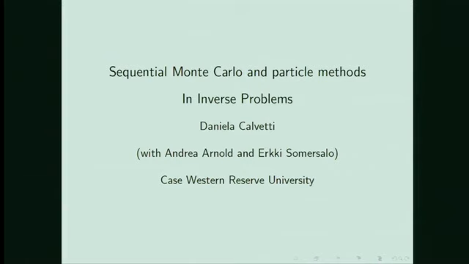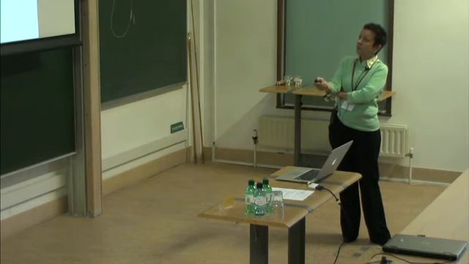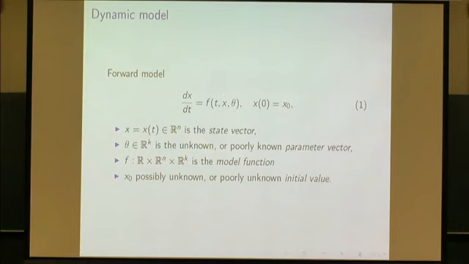So in order to frame this properly, we have this dynamic model here. So we have the forward model. The x dt is a function of t, x, and possibly theta here. We have some initial condition. And in the parlance of particle methods, and so in a different crowd, x would be our state vector. And in our case, the